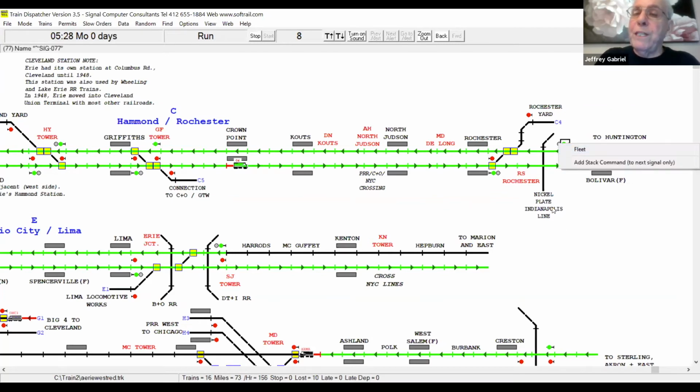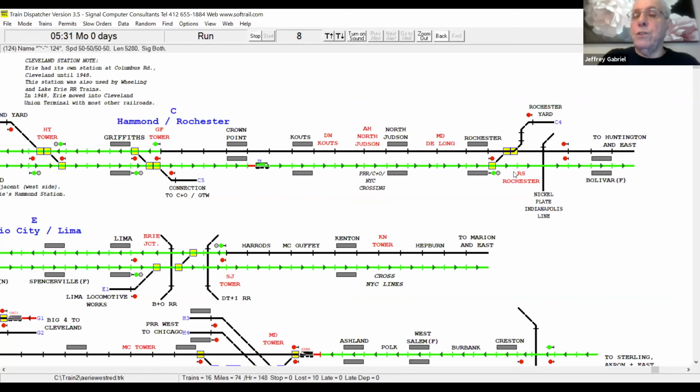Now, if I fleet it, I should have told you before too that the way I move switches is by clicking on the switch. So I'll show you what I mean. If I click on this switch, it goes to the diverging position. Everybody see that here? Normal, divergent. Now, if I have cleared this signal, I can't throw this switch anymore. It's locked. The route is locked.